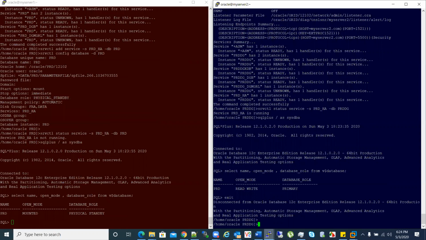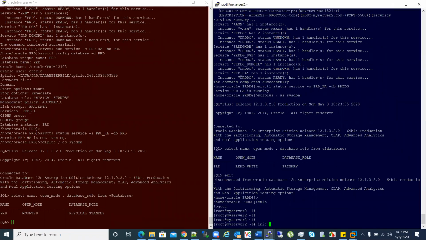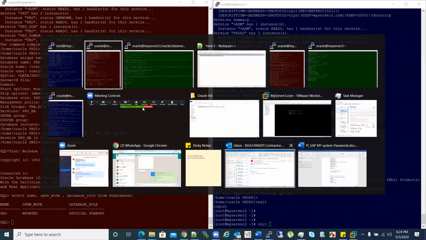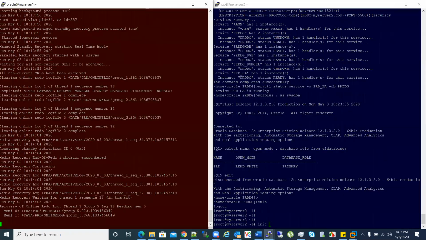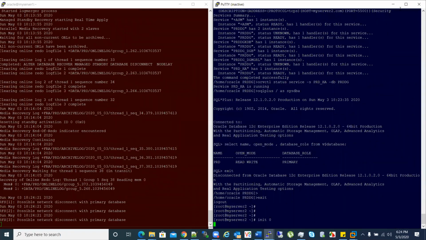Let's perform a failover instead. What I will do, I will shut down the server abruptly. This is my primary, and the database connection is to this server, right? I will shut down this server directly, and meanwhile I'll check my log also. I'll give init 0, which will shut down my server. My primary server is gone now.